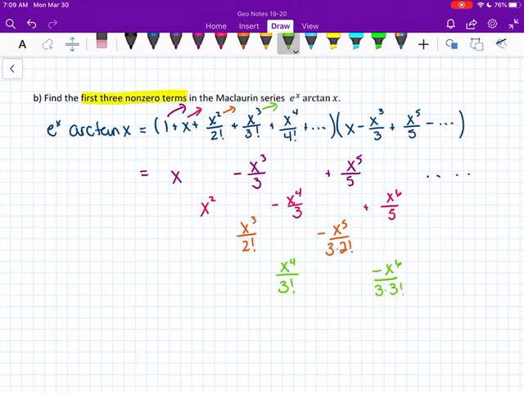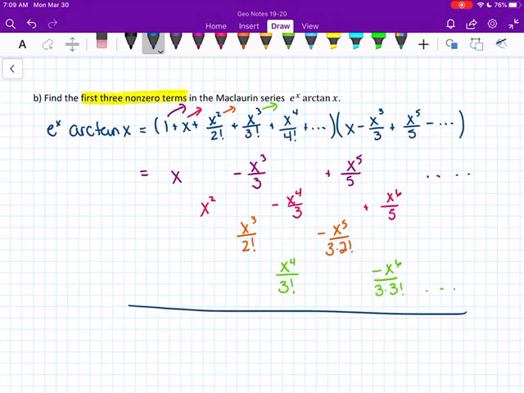And when I add these up, the pattern continues, of course, but I only want the first 3 positive terms. So I'm just going to add up the linear term, quadratic term, and cubic terms. So the linear term is x. My quadratic term is x squared. And my cubic term is when I add negative x cubed over 3 plus x cubed over 2 factorial,